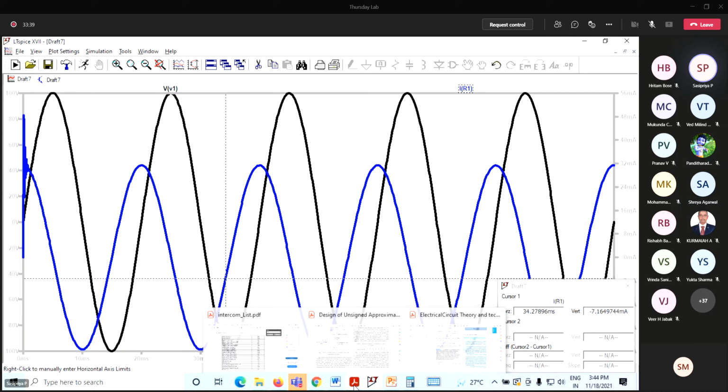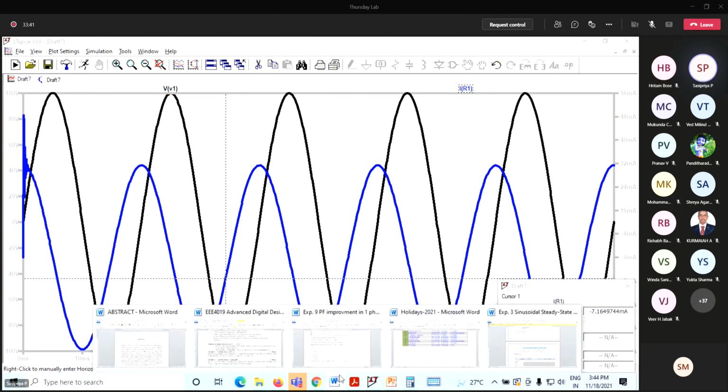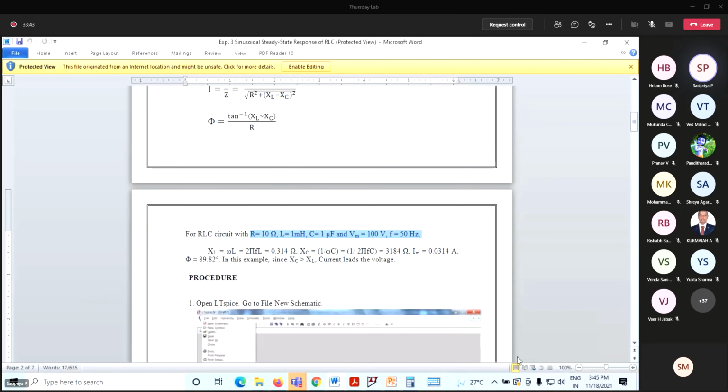Okay, so theoretically, anyways, you just tell me what is the value? Phase angle difference in degrees. Are you getting 89.8 degrees? Can you convert it into degrees? Ma'am, just a second, I'll have to calculate. Yeah, you calculate 2 pi f t multiplied by 180 by pi. Okay, so theoretically it is coming as 89.8.